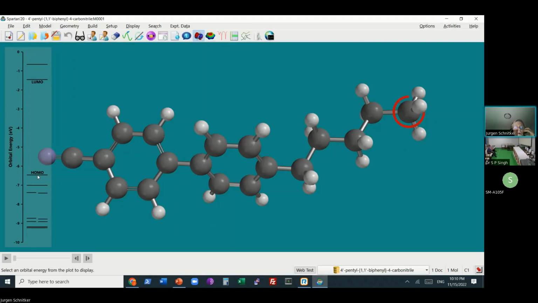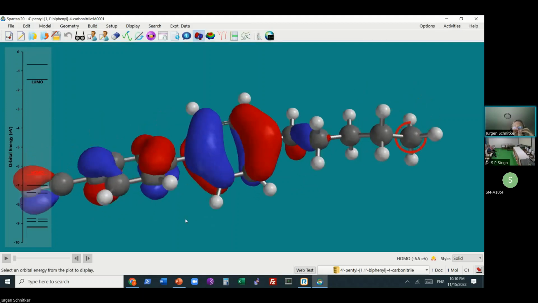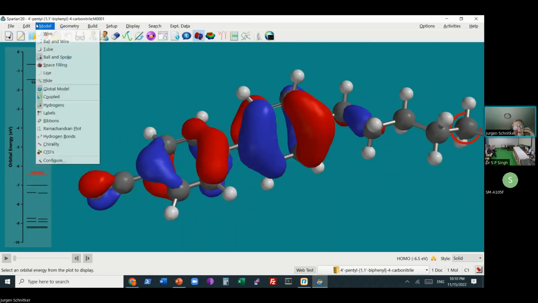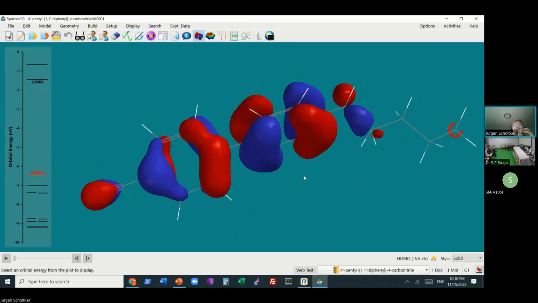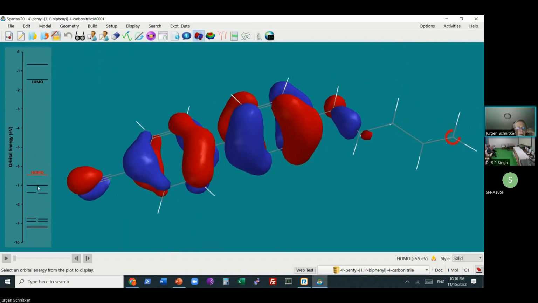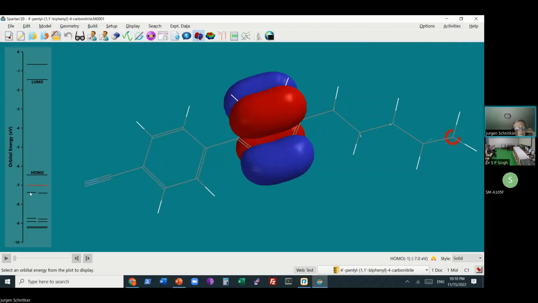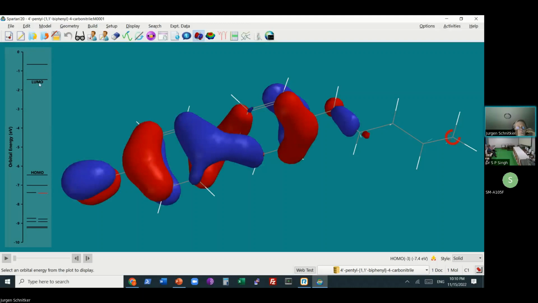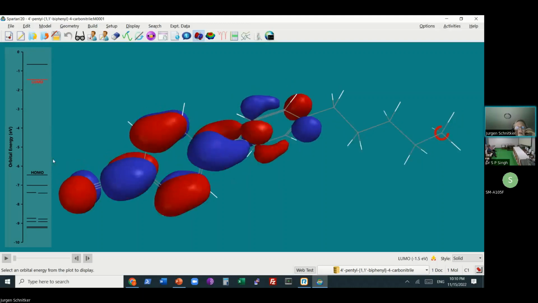If I click here simply on HOMO, I will get a representation. I put this in a wire style here of the highest occupied molecular orbital for this liquid crystal. Here, the ones below, and so on. Here for the LUMO. In molecular orbital theory, I will get a HOMO-LUMO gap here. That maps onto the band gap in a band structure calculation. It's just we don't do a band structure calculation. It's a HOMO-LUMO gap in a molecular quantum chemistry calculation.